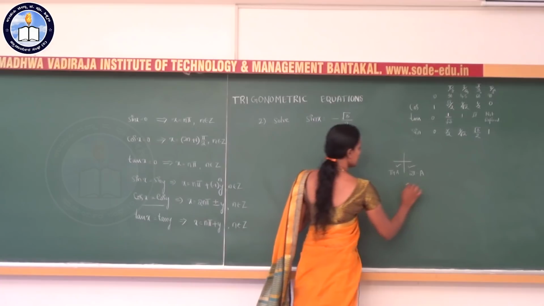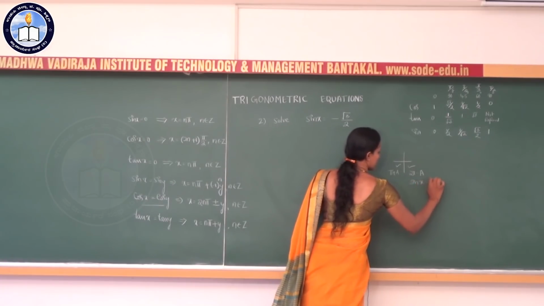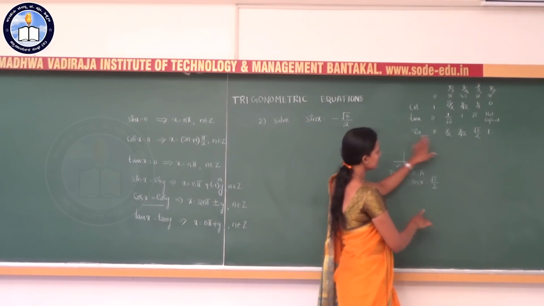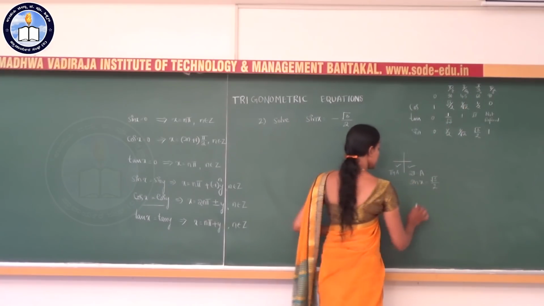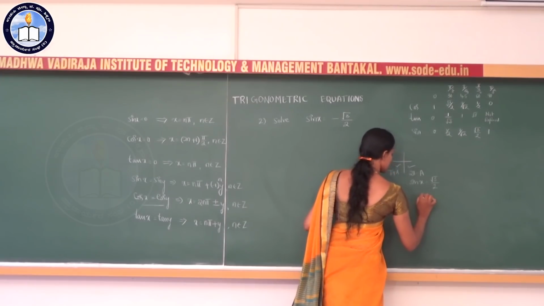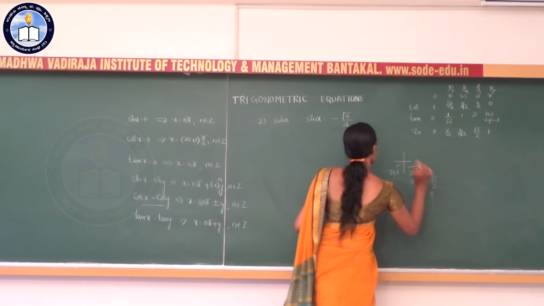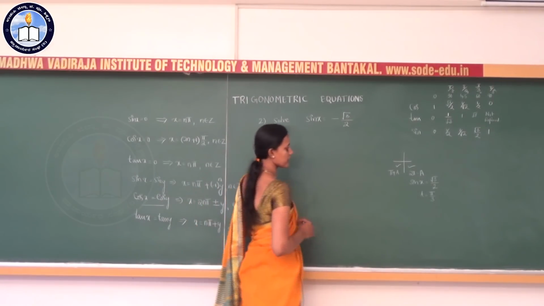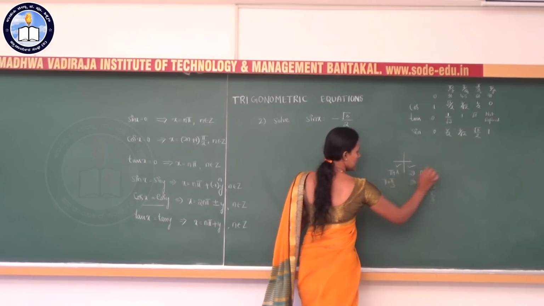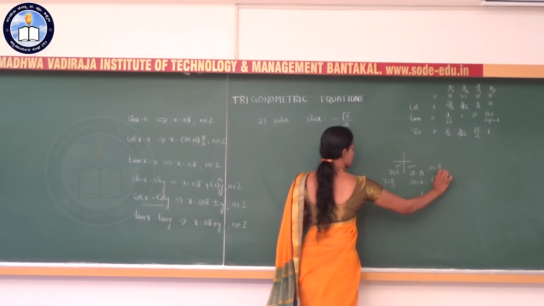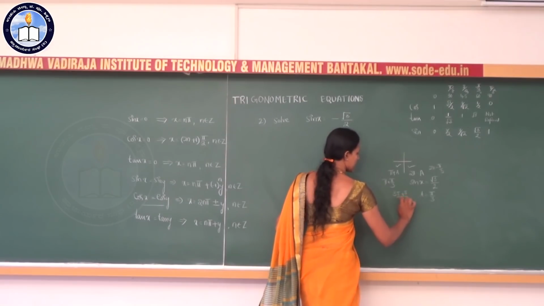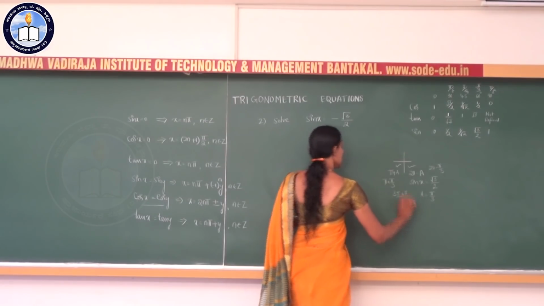What is the acute angle here? We have to take the positive value of the sine function to find the acute angle. So sine of pi by 3 is root 3 by 2. So the angle A is pi by 3. So the acute angle is pi by 3. So the principal solutions are pi plus pi by 3 and 2 pi minus pi by 3. We need one angle. So we go for 3 pi plus pi by 3, which is 4 pi by 3.